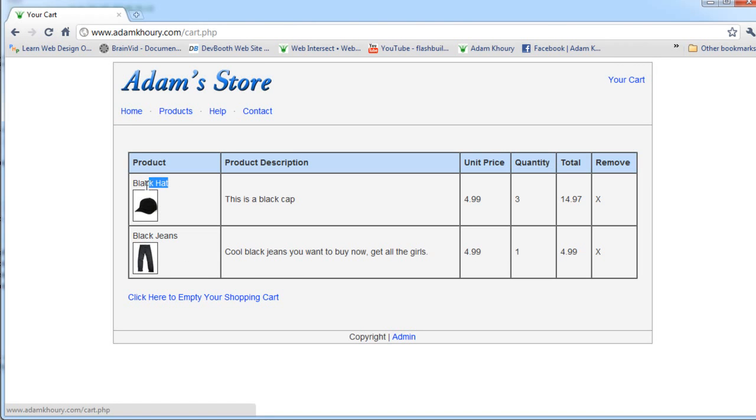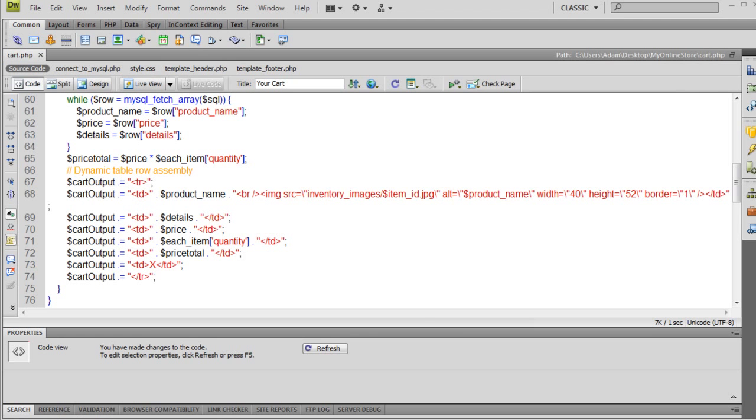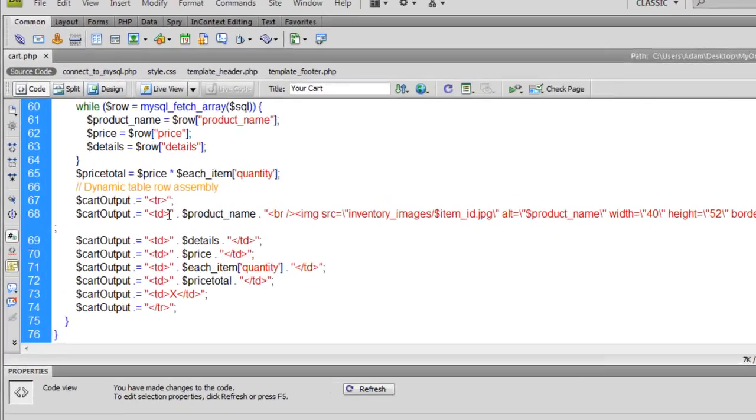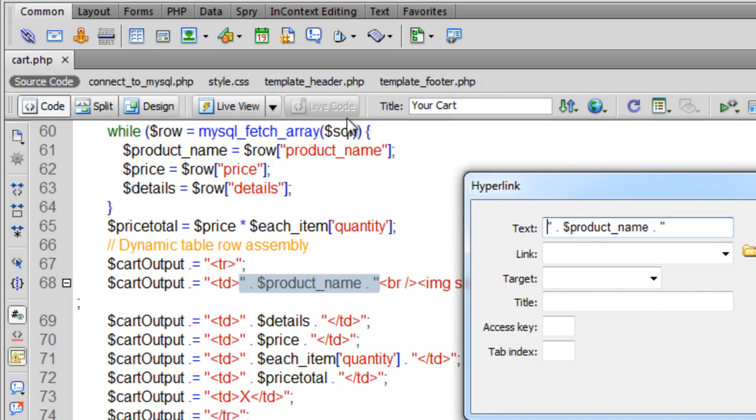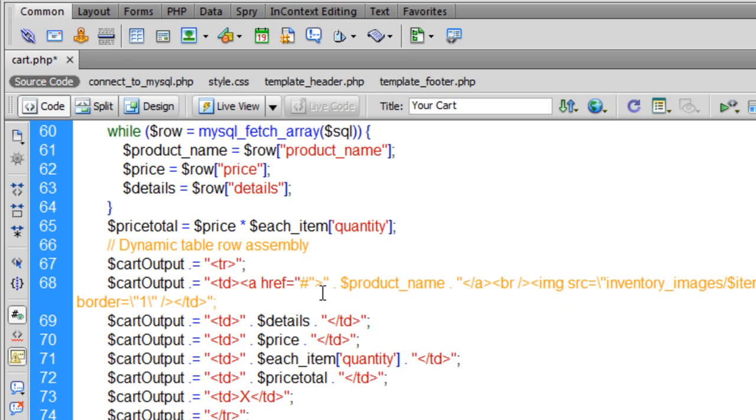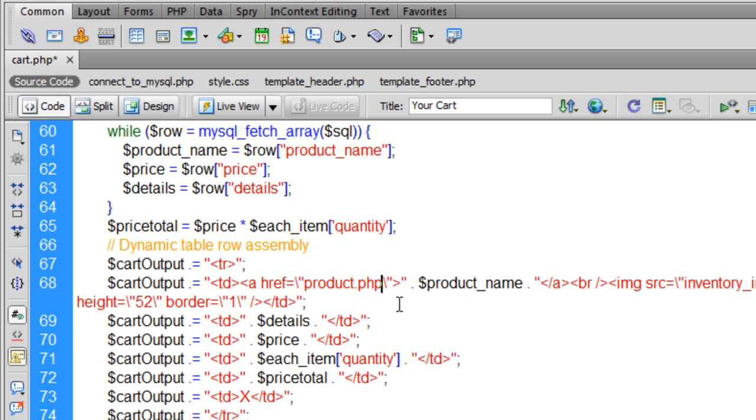Now I'm going to make a link, like I said, to the actual product on the site. Now, if you want your link to be around the product title, just go ahead and highlight all this right there. So right there around the product name, we're going to throw in a link. You can see that we have to escape that double quote and that double quote mark. And that's it. Now we can put the actual href to the product. Product.php, ID is equal to, actually we can remove